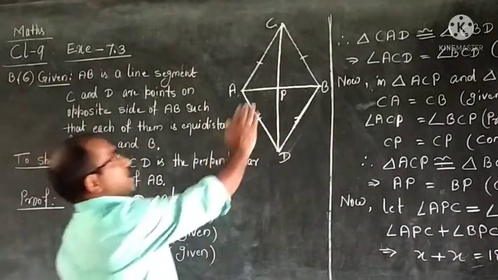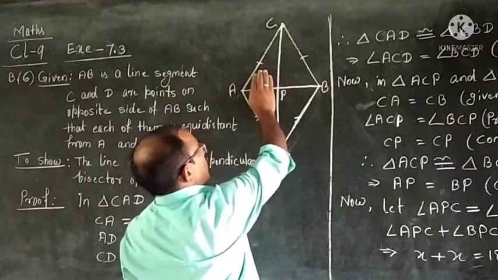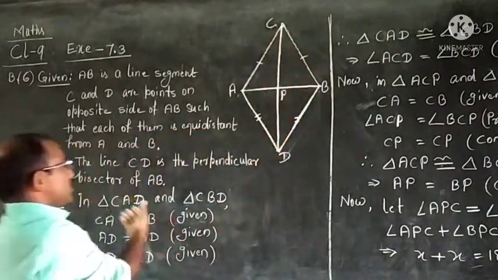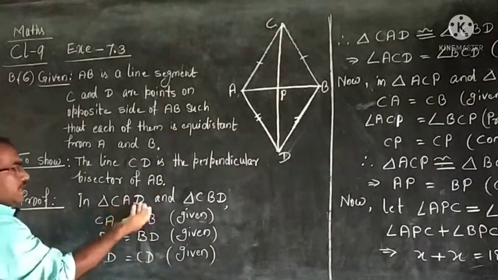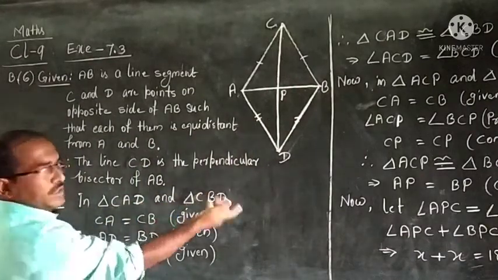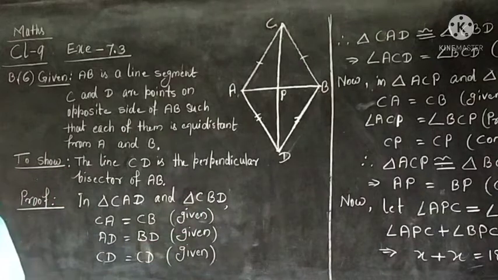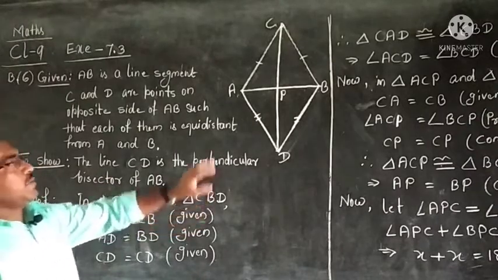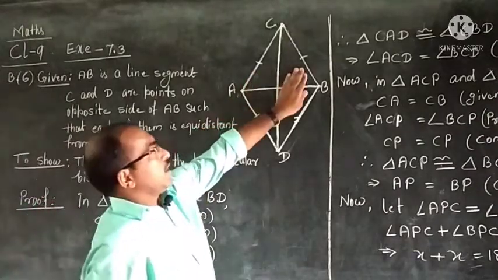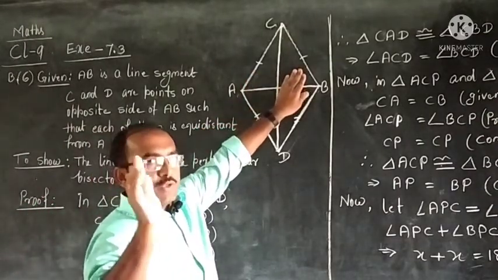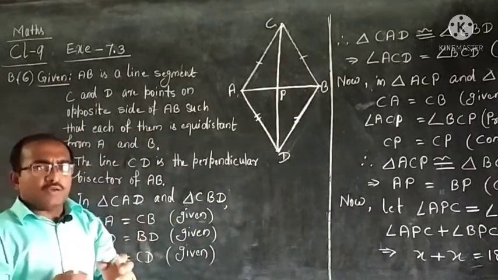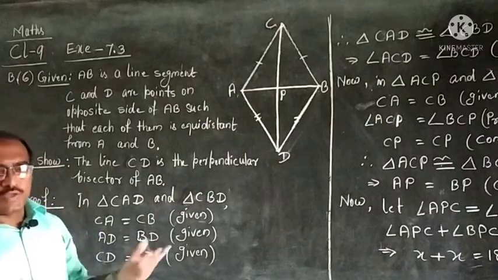We are seeing this triangle. In this triangle, what is the name? ACD. Another triangle is BCD. We write whether ACD or CAD, BCD or CBD, no matter. We already know how to write the names of lines, angles or triangles. So, in these two triangles, CAD and CBD, we are going to search for congruence, whether we can use a congruence property here or not.